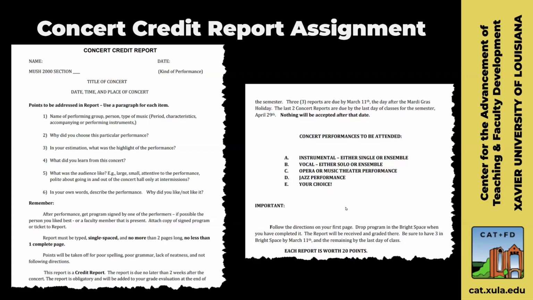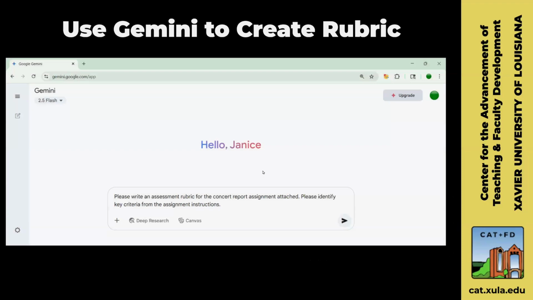And so all of this information is here for the students to be able to do this assignment, but it would be a little bit easier for the students to understand if it were in the form of a rubric that would kind of tell them which things might be more important, what they need to cover, make sure that they don't forget anything. So I asked Gemini to create a rubric, and I started out with this prompt: write